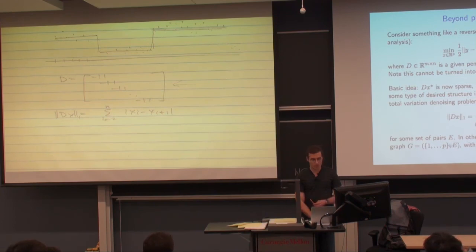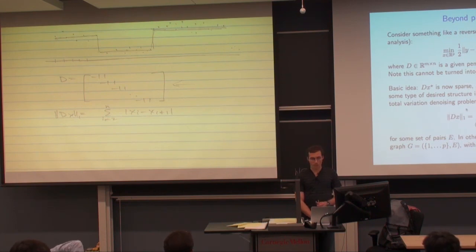observations. So the nodes are the set 1 through n. I should have put an n there. I guess x should be in Rn here, because y is in Rn. So the nodes on the graph are the set 1 through n. And we're going to think about picking some set of edges to define a graph over those nodes. And we're going to